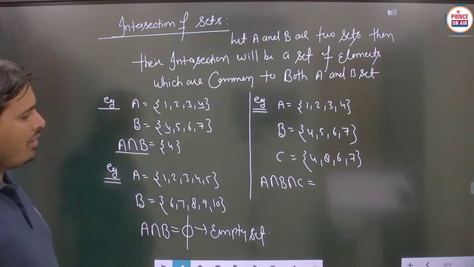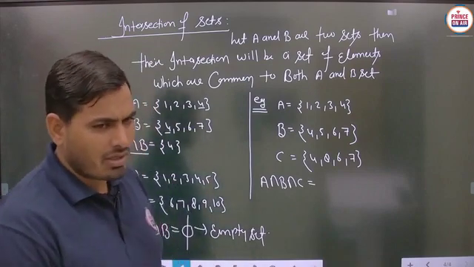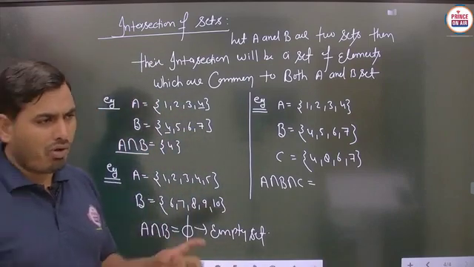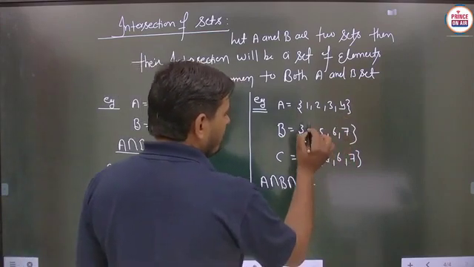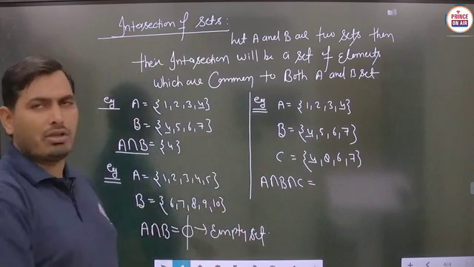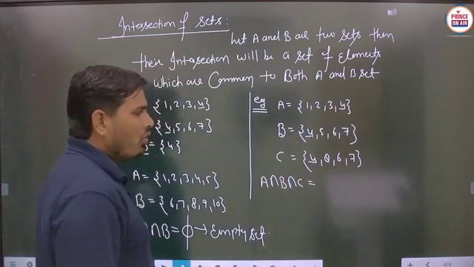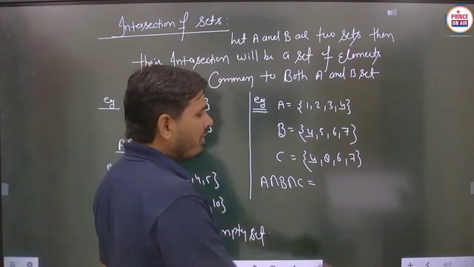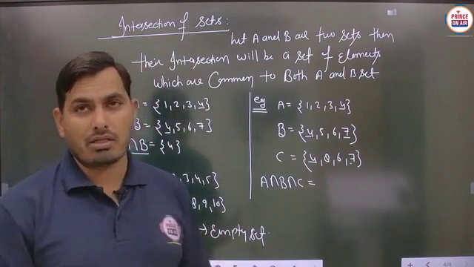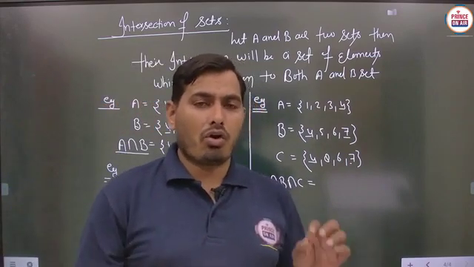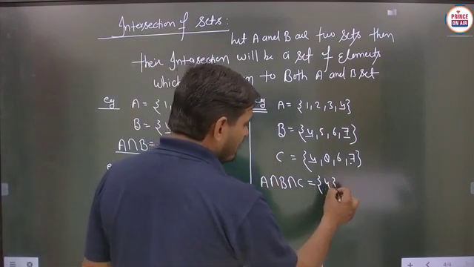So basically here we have to see the basic thing. A intersection B intersection C means all the elements which are common to all the three sets A, B and C. So basically, student, this element 4, this element 4, this element 4, means 4 is common in all the three sets. Is it clear? But in spite of this element, no other. Now you can check the 7. 7 is available here, but not here. Means we have to take the intersection of the sets, then we have to see the common element in all those sets. So only we have to write the answer as 4. Is it clear?